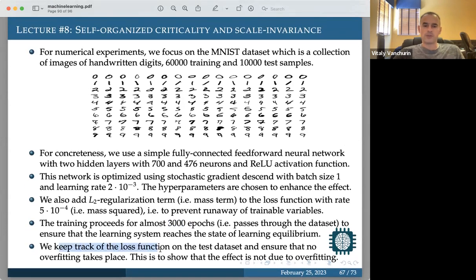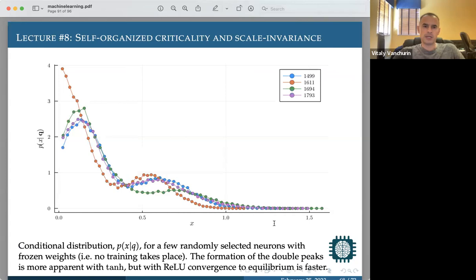And now we keep track of the loss function for the test data as well, to make sure that there is no overfitting, because overfitting is a separate effect. It's important for us to isolate the effect. We want to make sure that whatever we see is not due to overfitting, but a generic property of the learning system. Okay, so now I start with